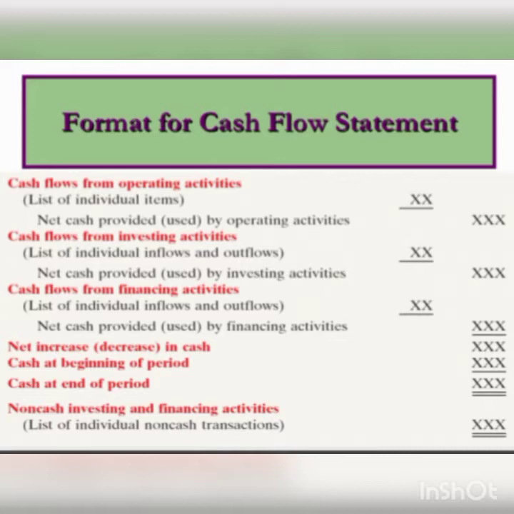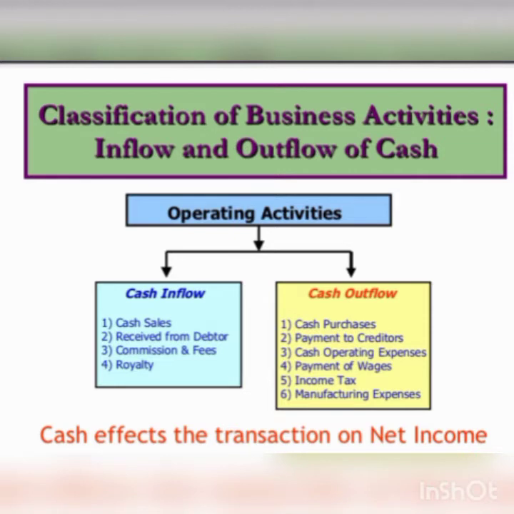Next, we are going to learn how to calculate the cash derived from operating activities. Operating activities are the activities which relate to current assets and current liabilities. There are two methods for calculating cash flow from operating activities. They are the direct method and the indirect method. Under the indirect method, first we want to calculate or compute the net amount of net profit before tax and extraordinary